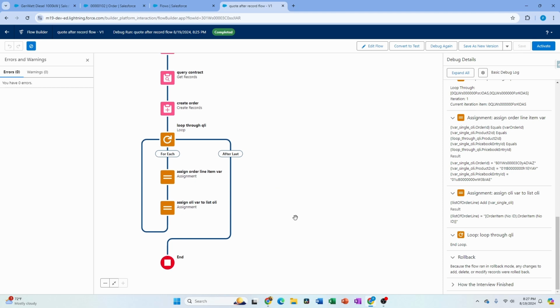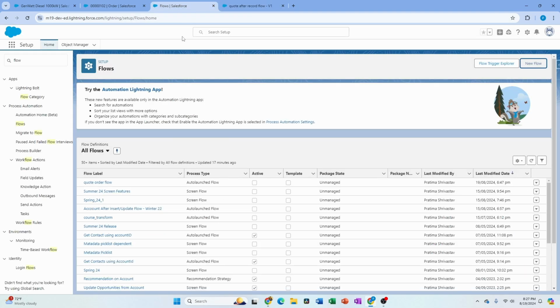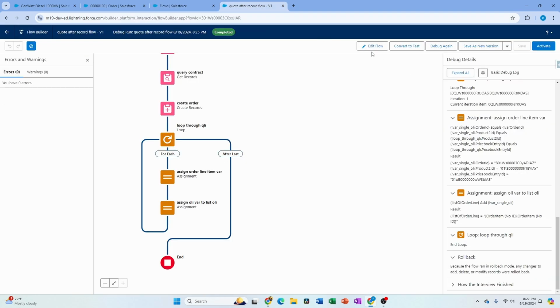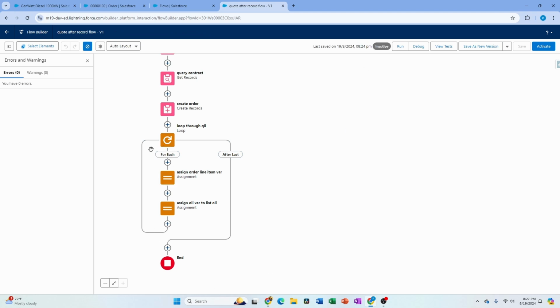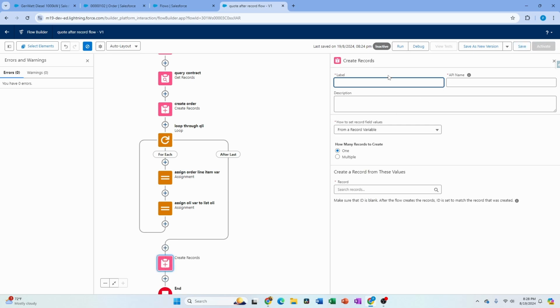Okay, we forgot to do one important step here. I'm just now realizing it. And we actually did not create the record, right? So that's important. After you assign everything, the last piece of the puzzle is actually to insert this list. So now we're going to do a create records and create